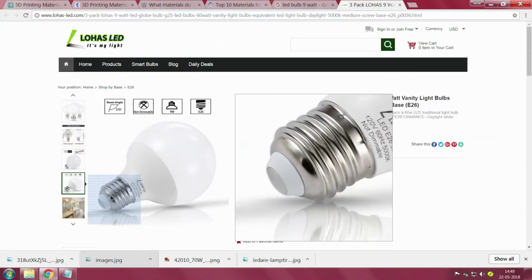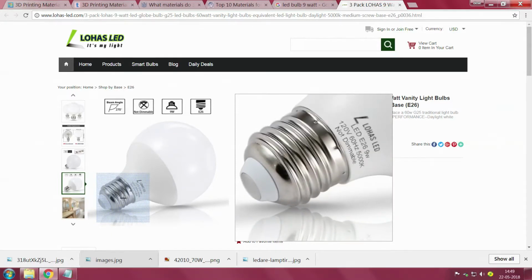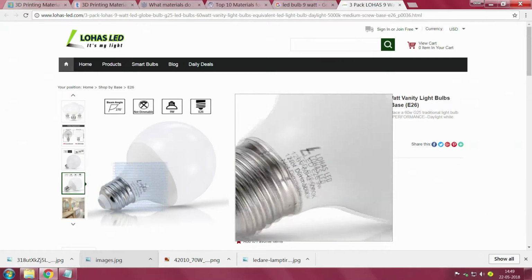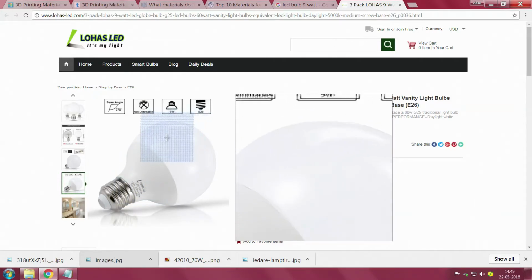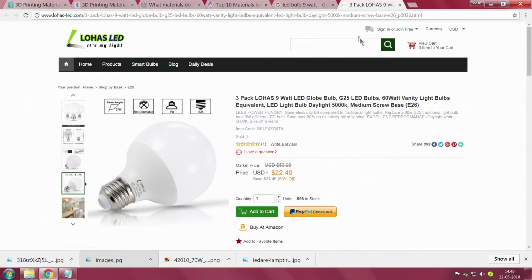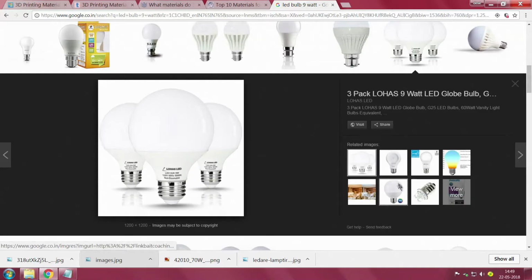At the base, it could be a plastic obviously, and this part of it is a metal, the screw part, and then you have one part which is an opaque material, and you have a beautiful near perfect sphere. So, the design of those luminaires or light fittings becomes very interesting.